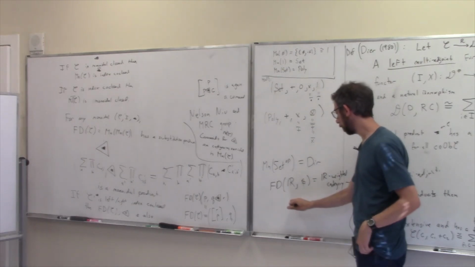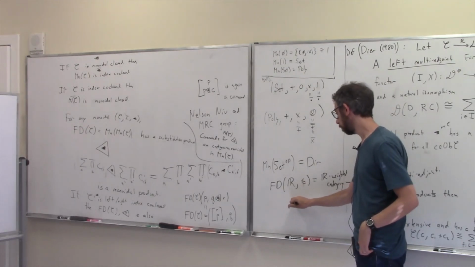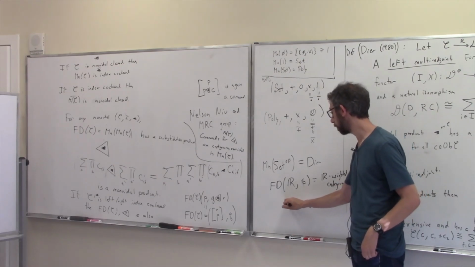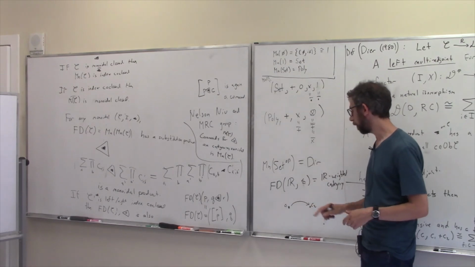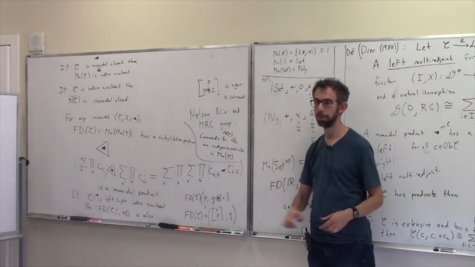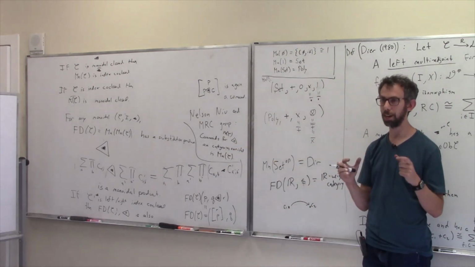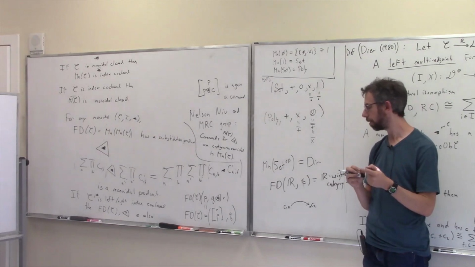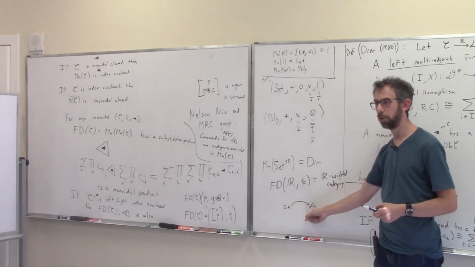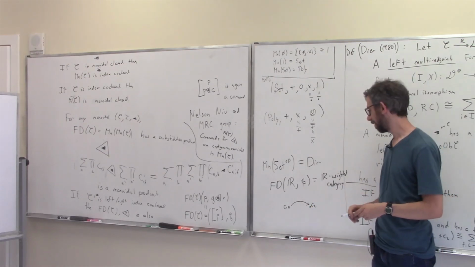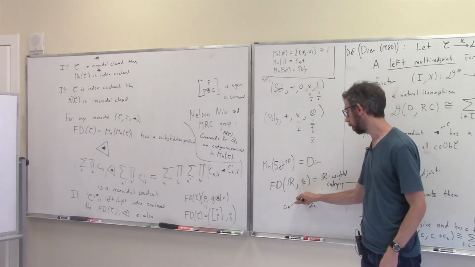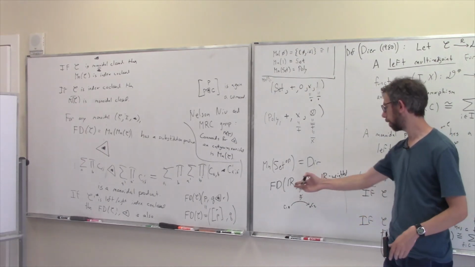It's a category where you've got objects, but there's a set, like what is the Hom set between two objects C1 and C2? The Hom set between C1 and C2 is a Hom object. It's an object in monoidal category C. So it consists of a pair consisting of a set, and then for every element of that set, an object in C. So you actually get to say, I have a set of morphisms from C1 to C2, and each one is labeled by some object in R, or whatever this category here is.